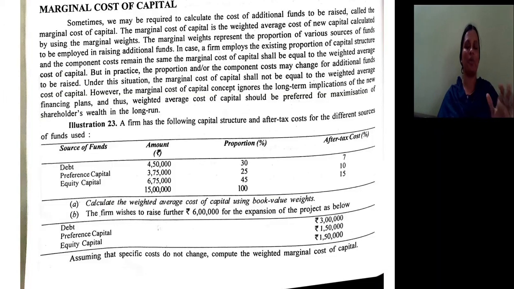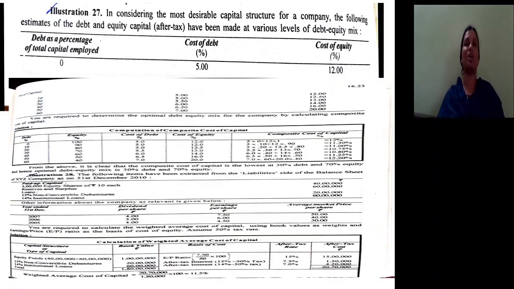And we even concentrated on marginal cost of capital. What is marginal cost? How to calculate marginal cost? And one more thing: we calculated the weighted average cost of capital based on book value rate as well as market value rate. One very important thing to take care of is, first you have to see whether they have given the cost of each and every specific source. If it is given, we can easily arrive at the weighted average. If not, again we can easily calculate the cost of each specific source. Afterwards, we should calculate the weighted average cost of capital.